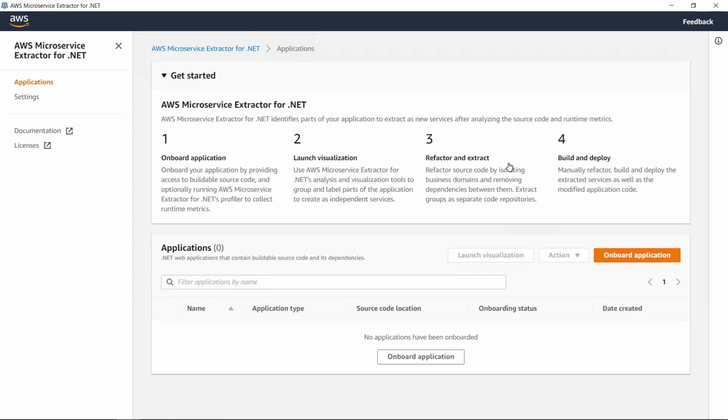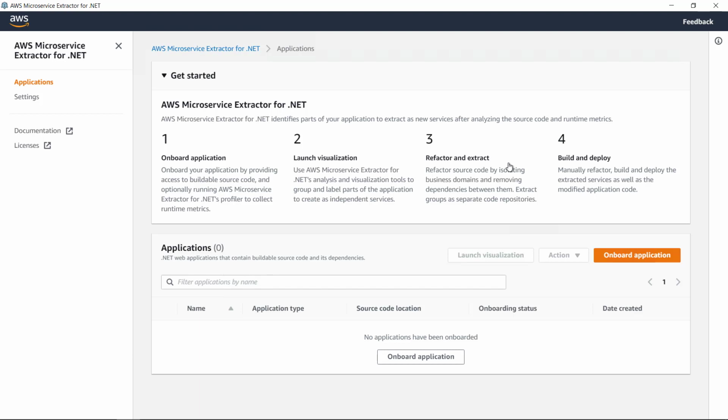You will be presented with a summary of all the steps once again. At the top, you can see stage number one, or step number one, is to onboard your application. Once onboarded, you can start visualizing parts of your application, and we will see in just a second how you can see different classes of your application and interrelationships between them depicted by a dependency graph. And then we will go ahead, group those classes and extract those classes as independent services.